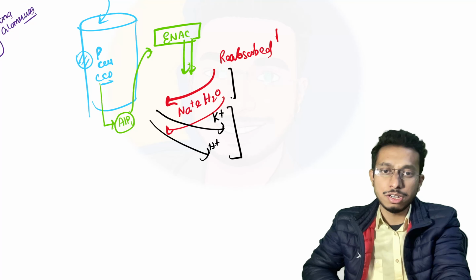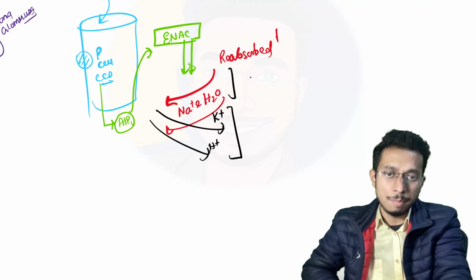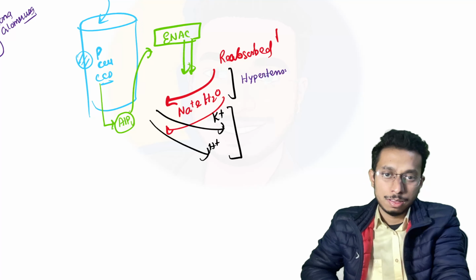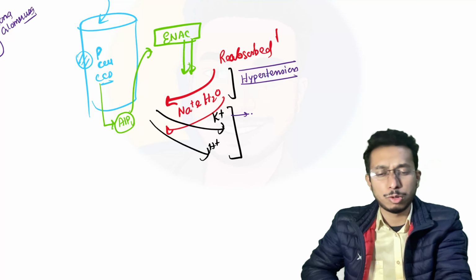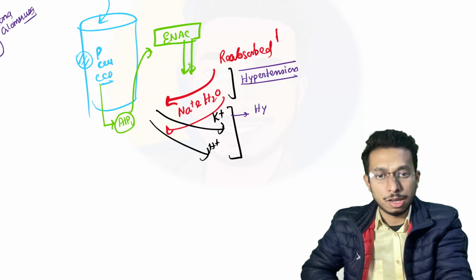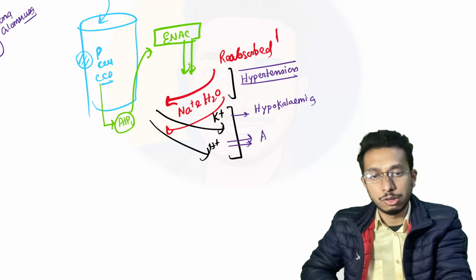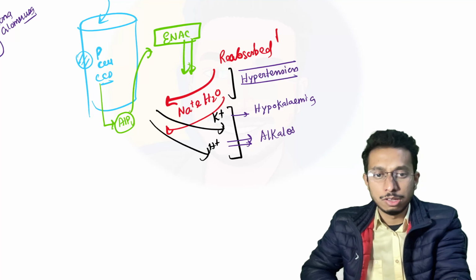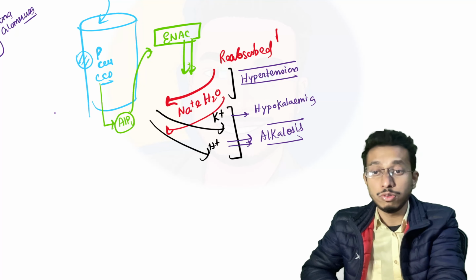What is the manifestation? As sodium and water are getting reabsorbed, the patient will have hypertension, number one. As potassium is thrown out of the body, it will lead to hypokalemia, and along with it H plus ion has also been thrown out, so there will be loss of acid in the body resulting in alkalosis. Okay, so this is the metabolic derangement seen in case of Conn syndrome or primary hyperaldosteronism due to unilateral adrenal